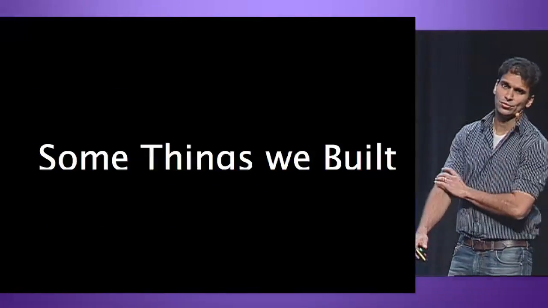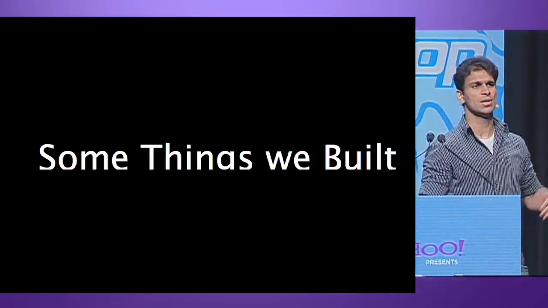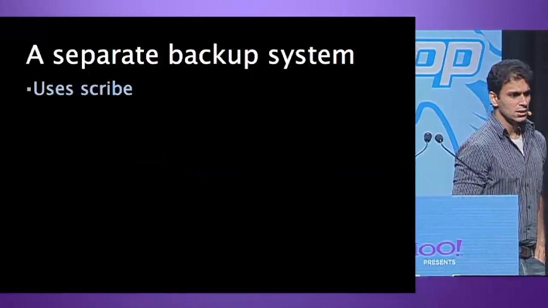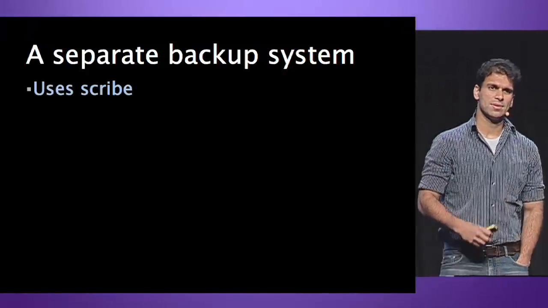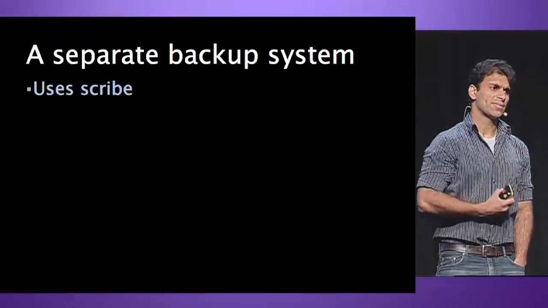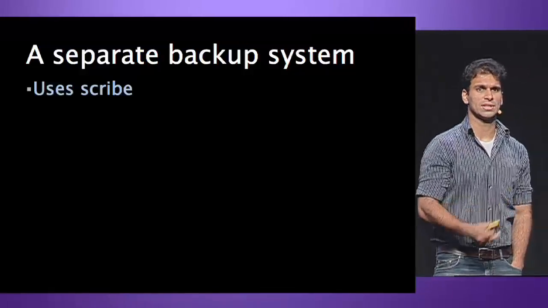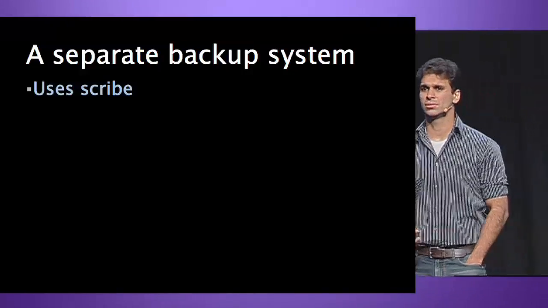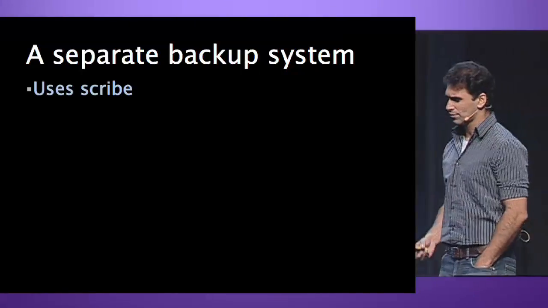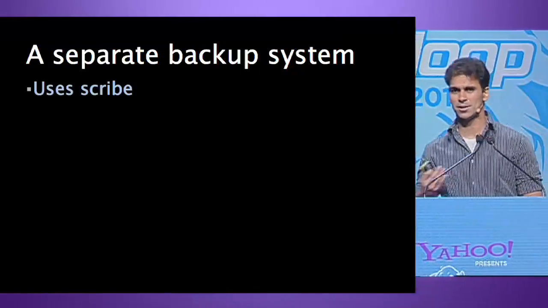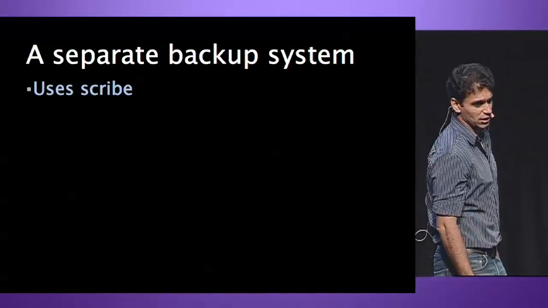Okay, so with that quick overview, I'm going to give you a flavor for some of the surrounding auxiliary systems we had to build. One of the biggest ticket items was to build a separate backup system. Back then, when we were putting this into production, this was the first time we were going to subject it to a super real-time workload at such a large scale. So naturally, we wanted another source of backups. We didn't want to put the backups in the same system that we put into production, so that in case there were bugs, we could actually recover from it.